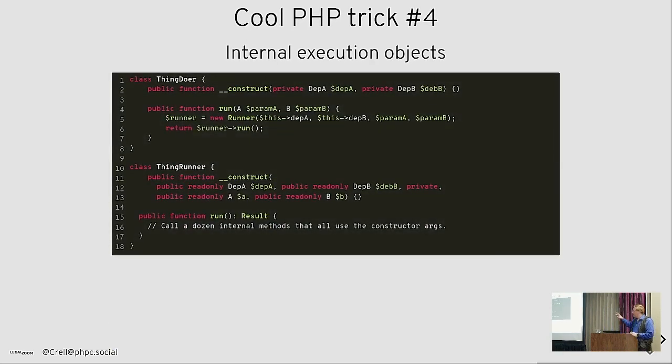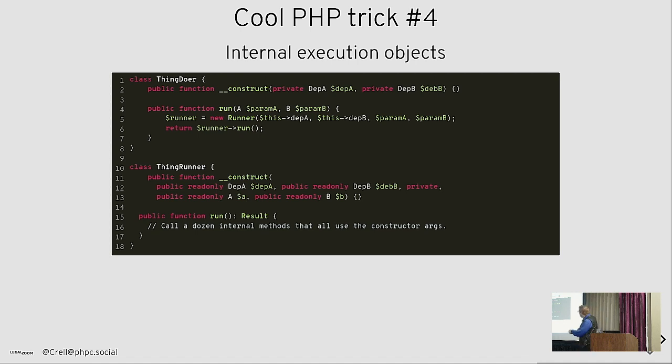Another thing I want to call out there is our next cool PHP trick. And I don't have a formal name for this pattern yet. I've started doing it a lot. For the moment, it's internal execution object. I'm open to suggestions. But if we have a complex process that's going to need both of these parameters and these dependencies, well, the ugly way is to say, all right, call run, and run's going to call some other method, which calls some other method, and each time we have to pass through these values to each one of those. And then if you have to do something recursively, oh God.